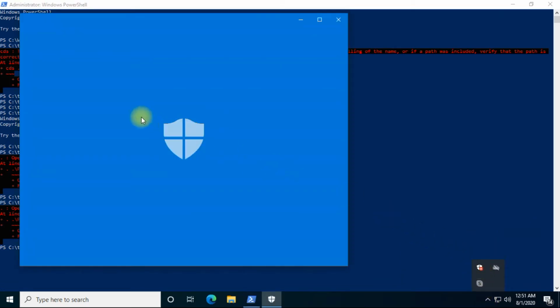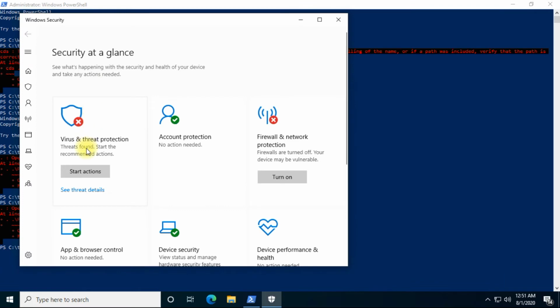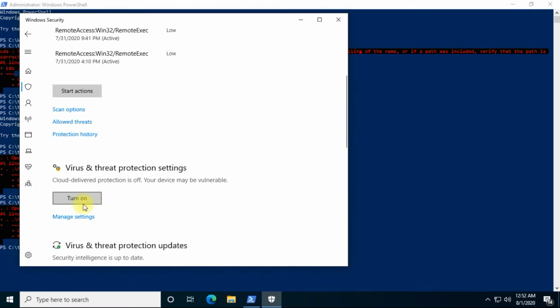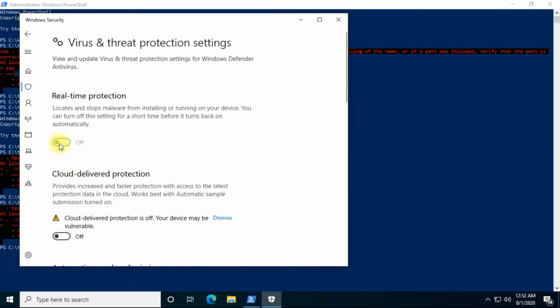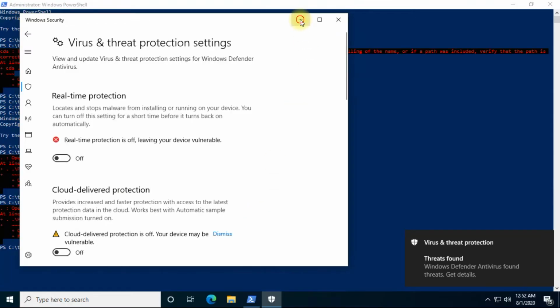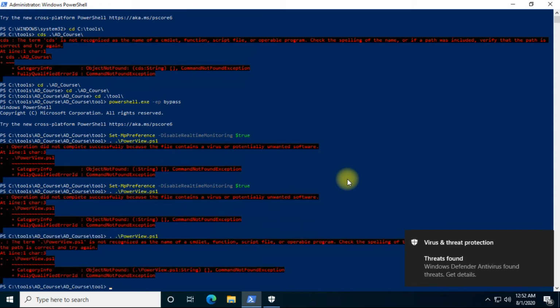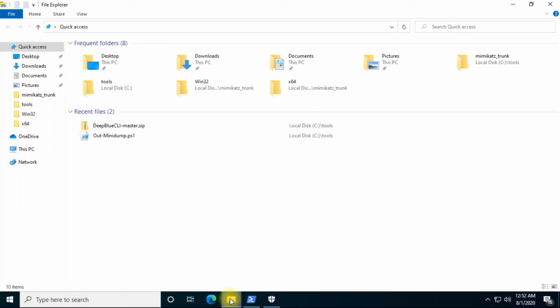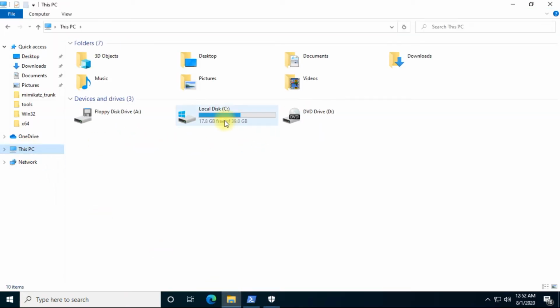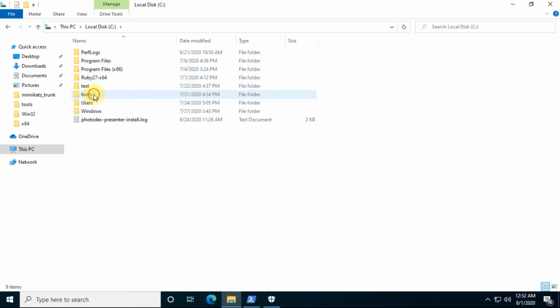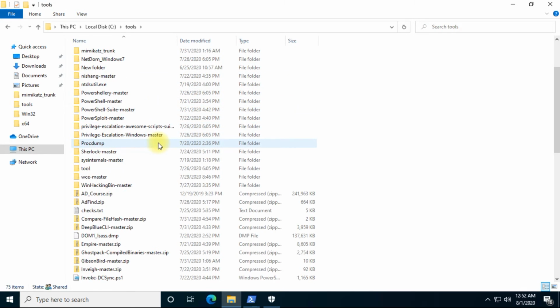Okay, sure, we have to do it manually. In a few cases, when we try to do it from the command line, it doesn't allow us. As we already have administrator rights, we can go directly and disable it. Now it's disabled, and we can try to run it. We can see that as it was already identified by the antivirus earlier, it was deleted. So we have to extract that folder once again to get the file back.